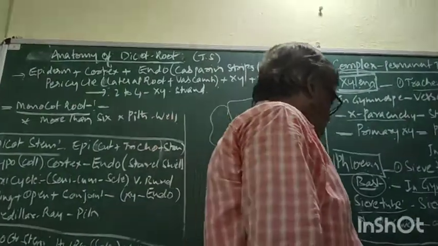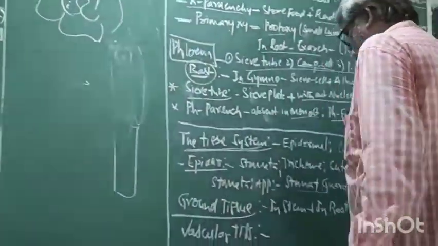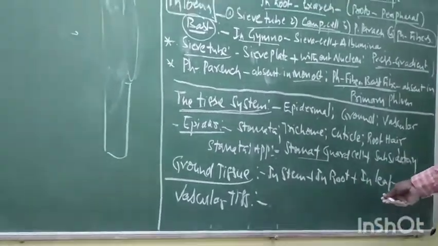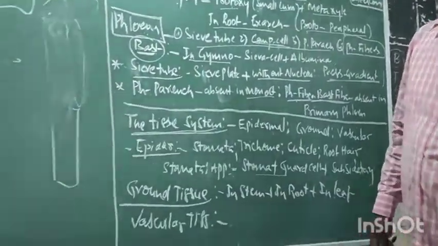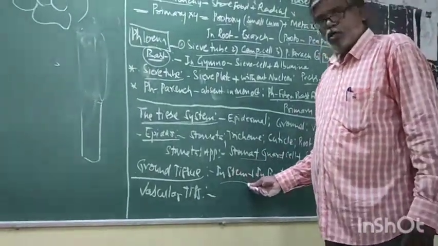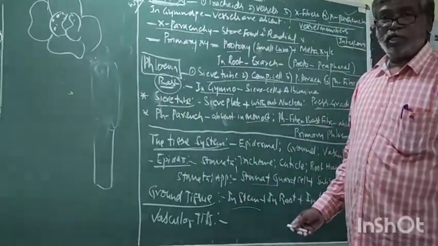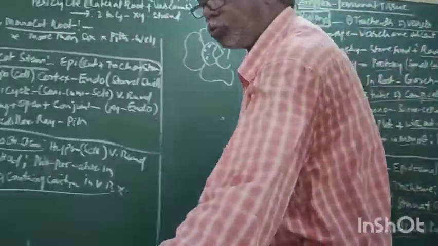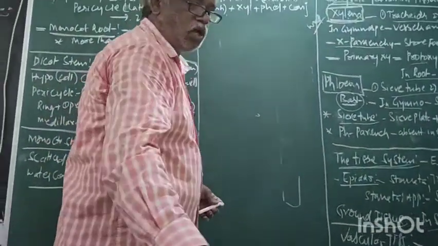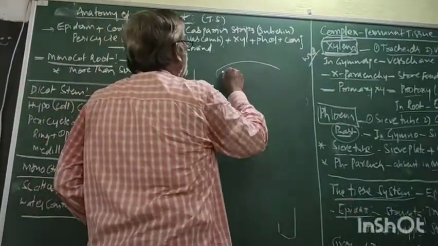Come to the ground tissue. In the stem, in the root, in the leaf, other than the vascular bundle, what is there? Suppose in the stem, if you take the TS of the stem. Now,